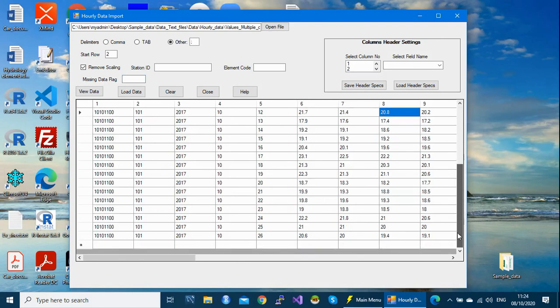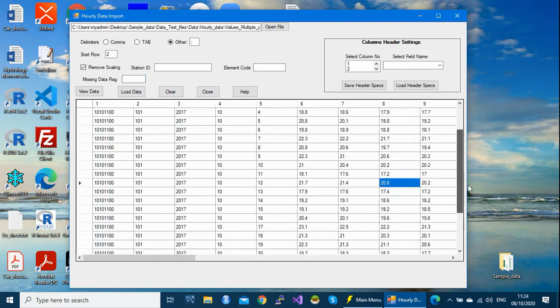In case you have a missing value here, you don't need to type anything here. The system will know that the blank is a missing. So don't put any character.